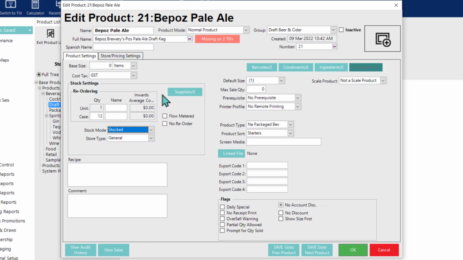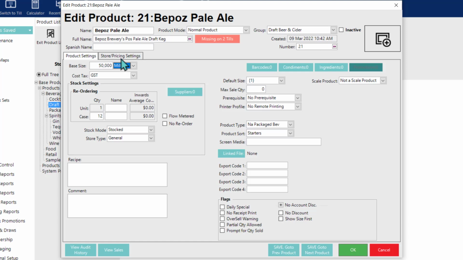So first on this tab to go over today is going to be the base size, which is just going to be the product's base volume, weight, or size. So the drop down here offers a range of corresponding units that we might need. For example, this draft beer that we purchase in kegs, I think the standard size keg is 50 liters or 50,000 mils. That will tie directly into the store/pricing settings that we'll come to in a few minutes,